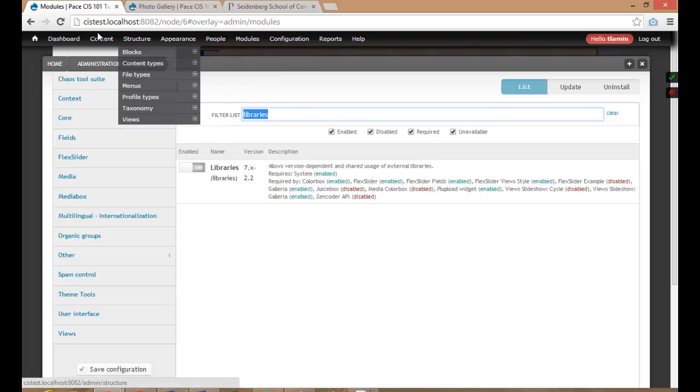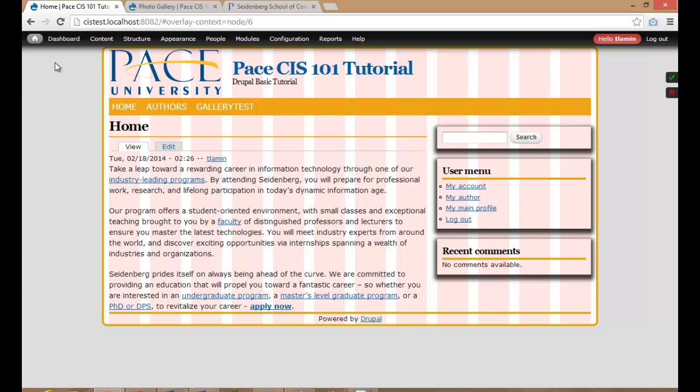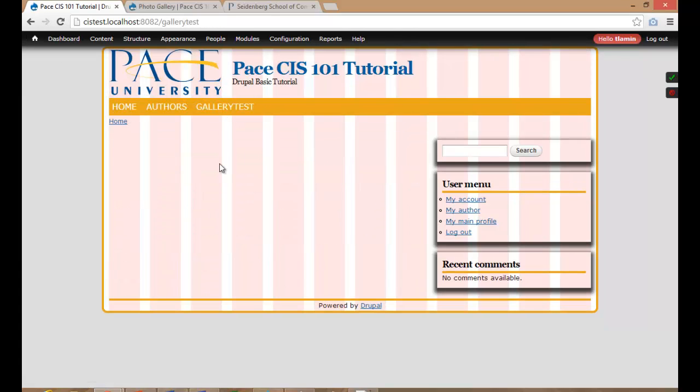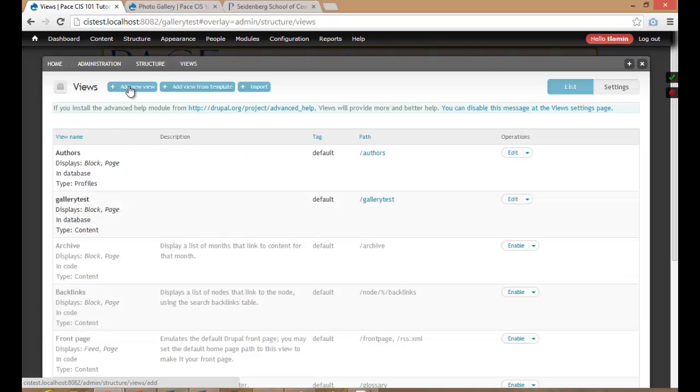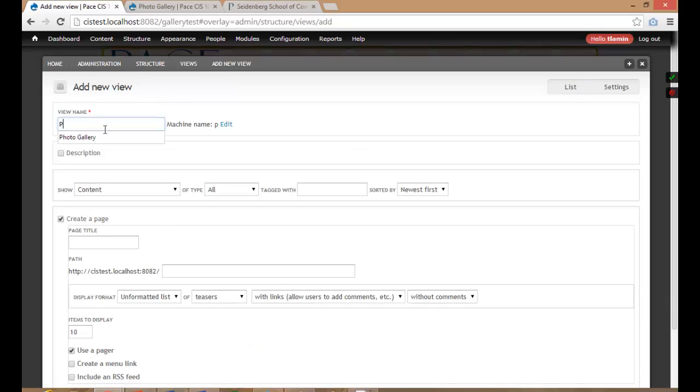So let's go back to the home page. So right now if I click on this gallery test, it's still not showing anything because it's connected to something else. So now let's go create a new view. To create a view, we have to click on structure and click on views. From here we'll click add new view, and I'll call this view